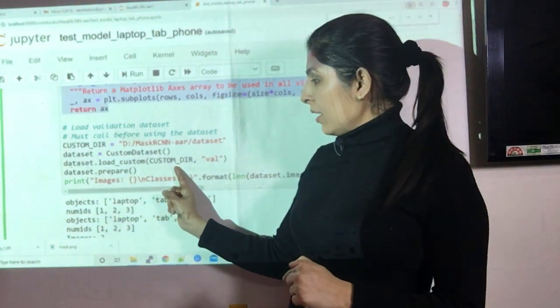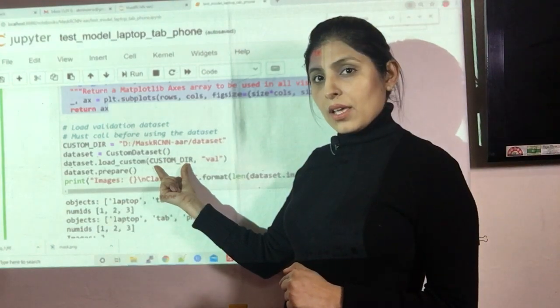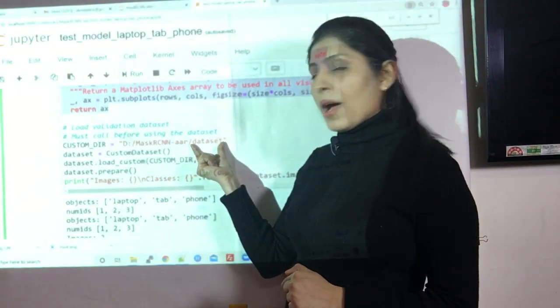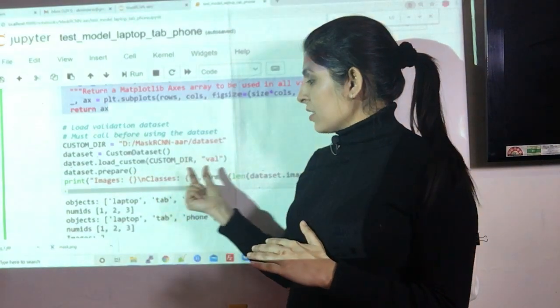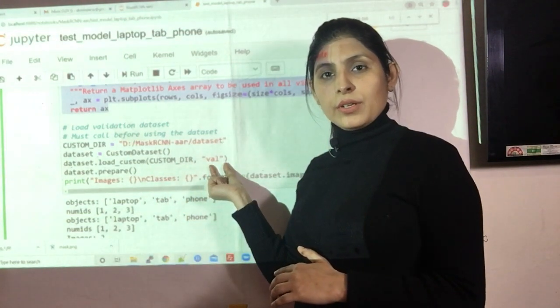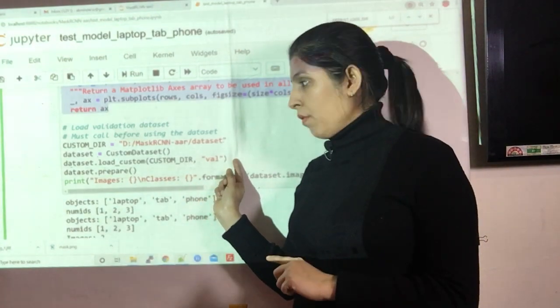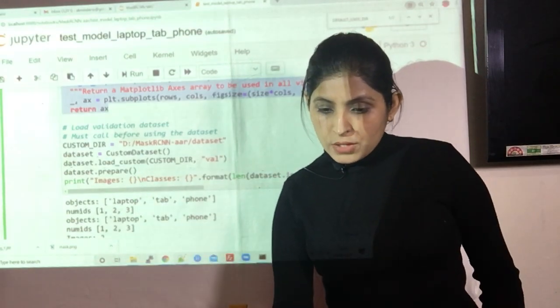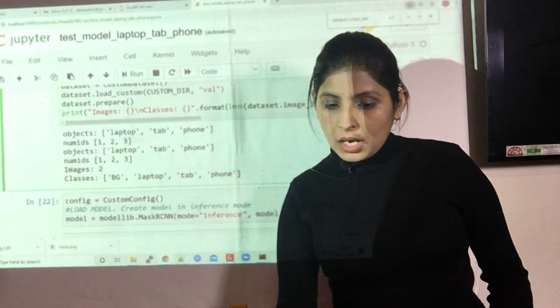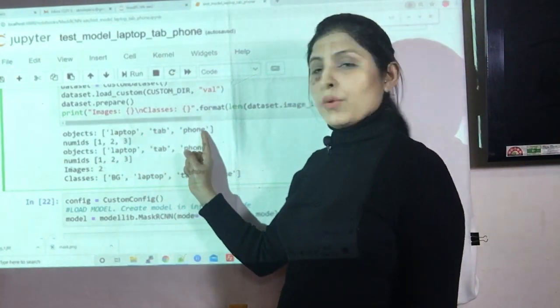What we are doing over here: custom_dir is a variable which has the path till the dataset folder. Under the dataset folder, we have a validation folder. So we give a path till the validation folder and prepare a dataset. After preparing, I'm printing the output. See, you can see the objects: laptop, tab and phone.